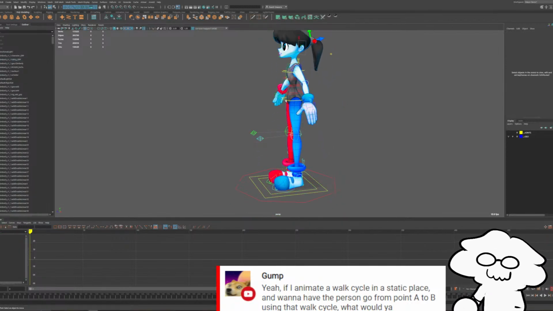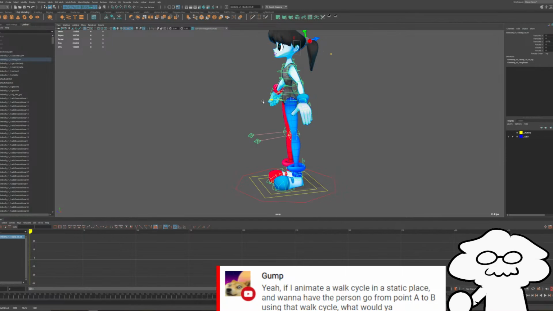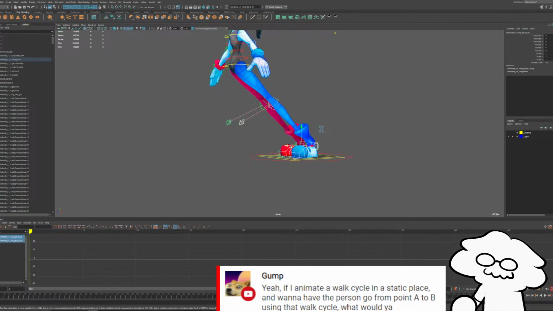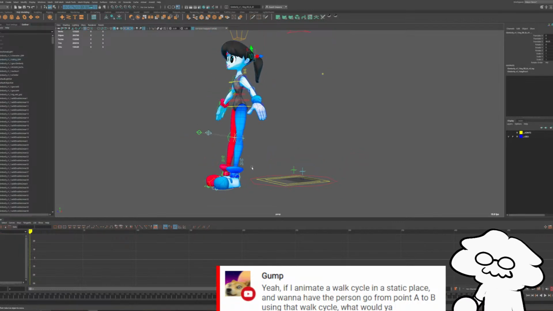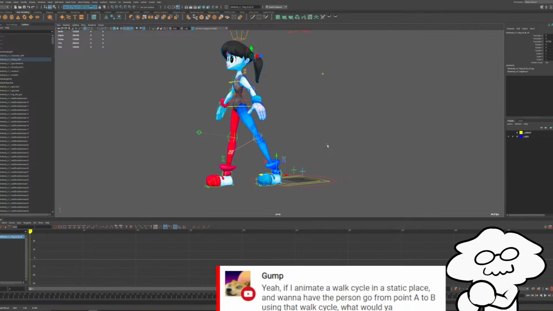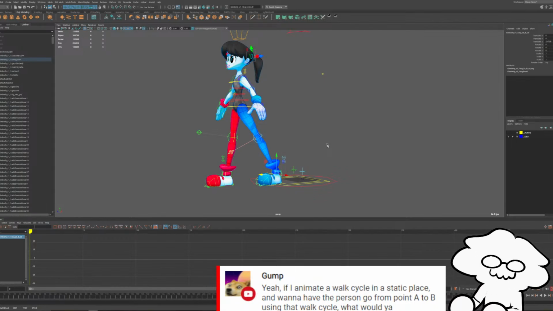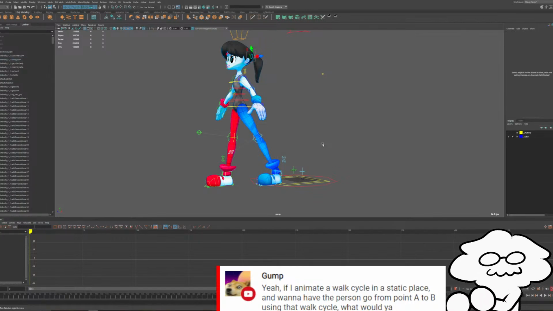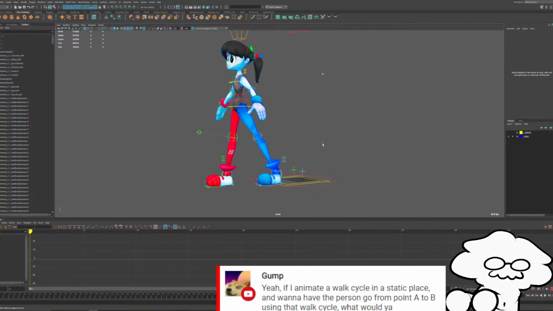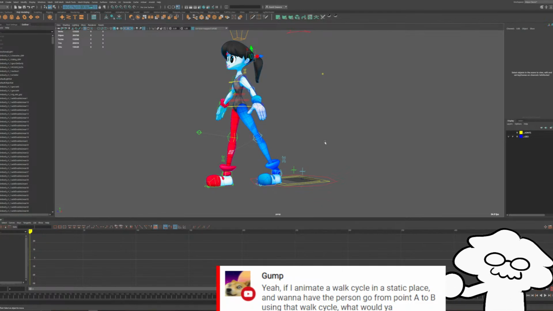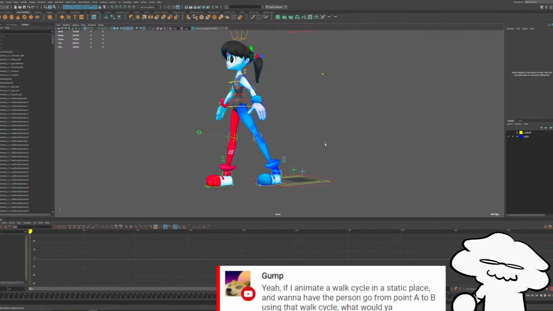Otherwise, I think it is generally better to animate each step and have your character come off of the rig. Let's say they took 2 steps like that, and they come off the main world control, because then the feet are staying in place and they're not sliding around. You see what I'm saying? We can show that later once we actually animate the rest of the cycle.